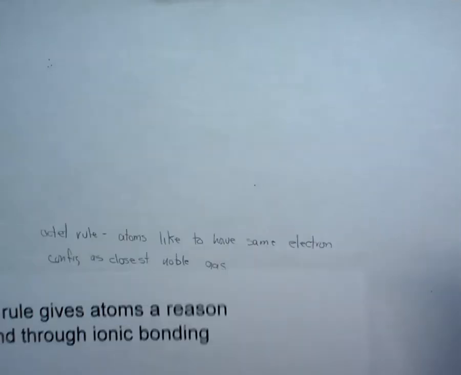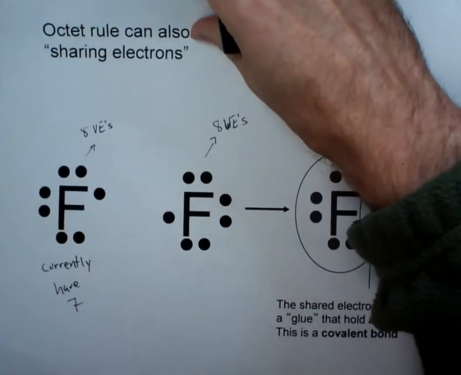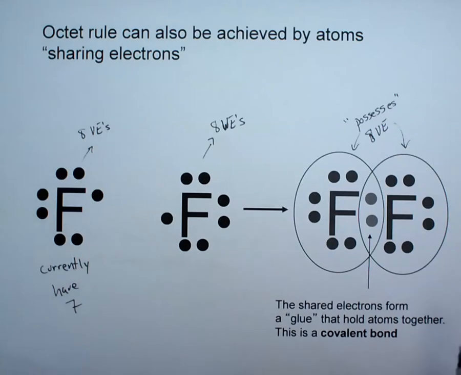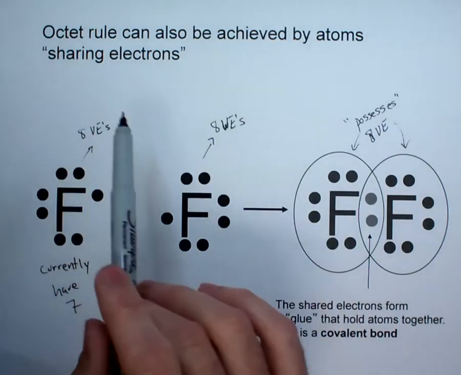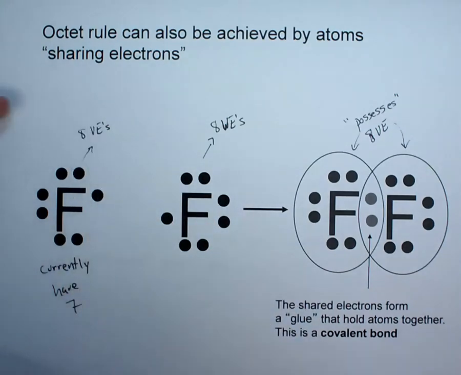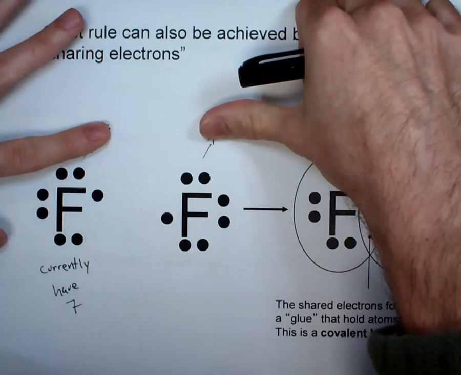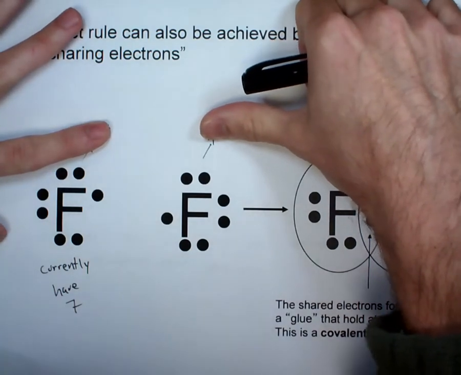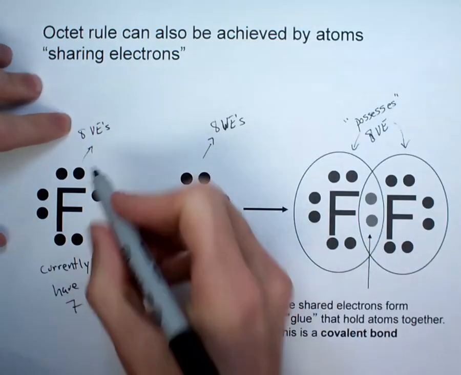To show this, take a look at this picture right here. The octet rule can also be achieved by atoms sharing electrons. So what do I mean by this? Those guys right now, these are two fluorine atoms. They currently have 7 valence electrons. But what do they want? According to the octet rule, they both want